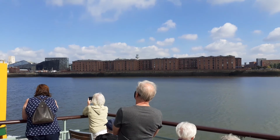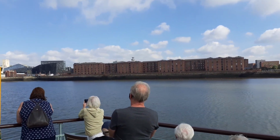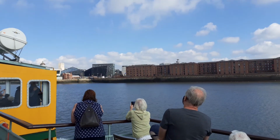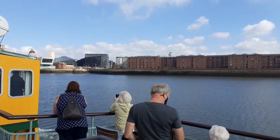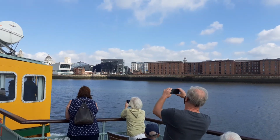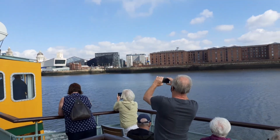In the middle stands the Cunard building. Built in 1914, the building was designed in the style of a 16th century Italian palace, and was once the offices of the famous shipping line owned by Samuel Cunard, who operated the first regular transatlantic lines between Liverpool and New York in 1840. Other famous shipping companies followed, such as the White Star Line, owner of the Titanic, and